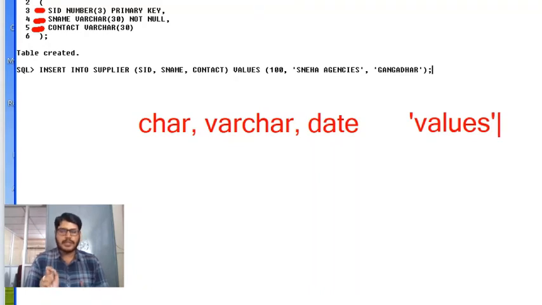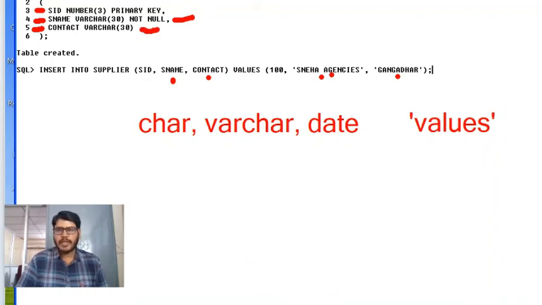So this is compulsory. Whenever we are passing the values for character, varchar and date related columns, then we have to mention the values within single quotations. You can observe here, Sneha Agencies and Gangadhar, these are the values I am passing for SName and contact. And for SName I have mentioned varchar, and also for contact I have mentioned varchar here.